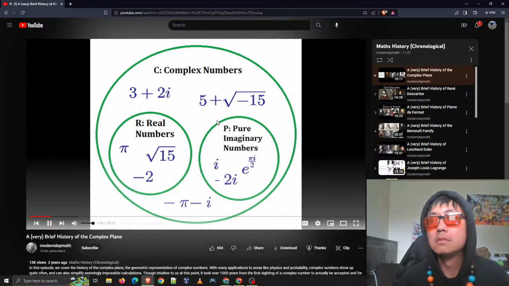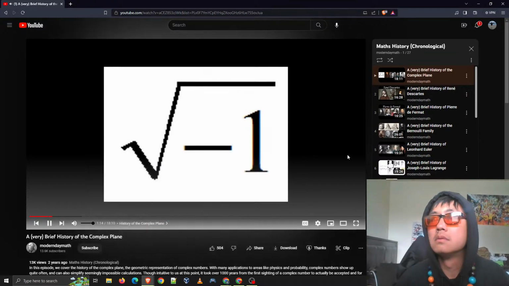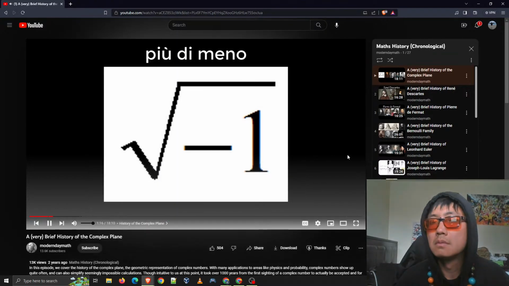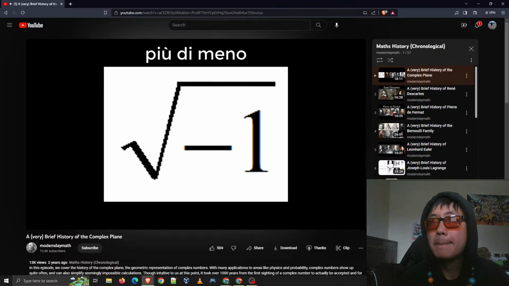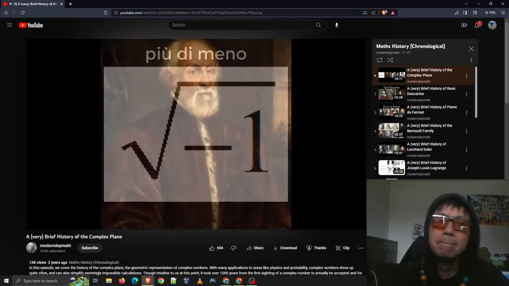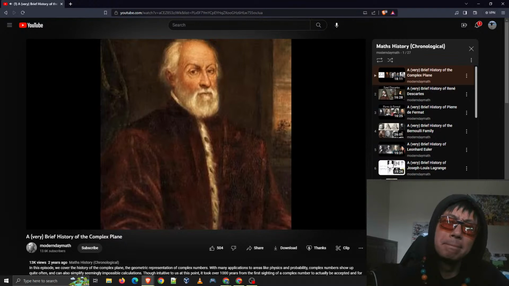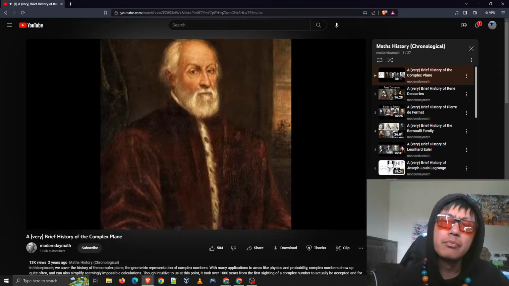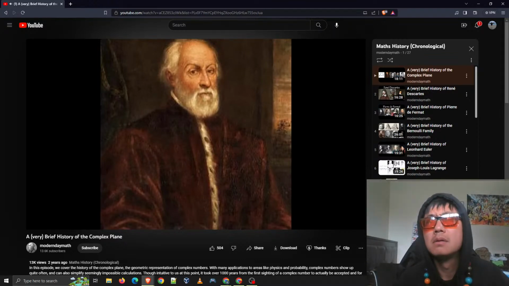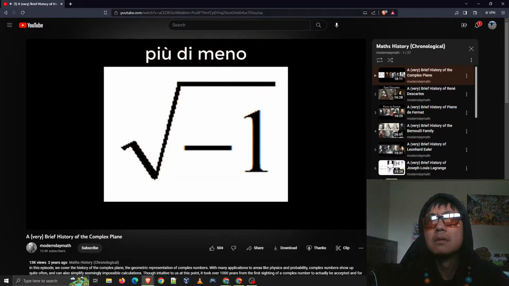It wasn't until the 16th century that any term was given to the square root of -1, più di meno, which literally translates to more or less. It was coined by Raphael Bombelli, an Italian mathematician who was the first person to really write anything remotely formal on the square root of -1. Alas, the name didn't stick, and in the 17th century, the square root of -1 gained a term that would